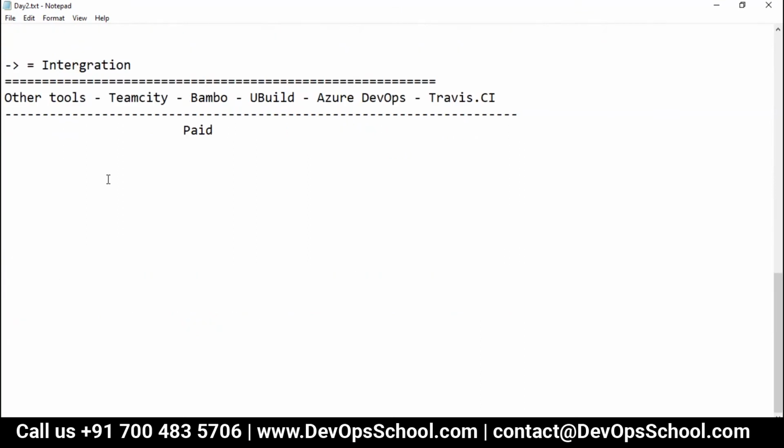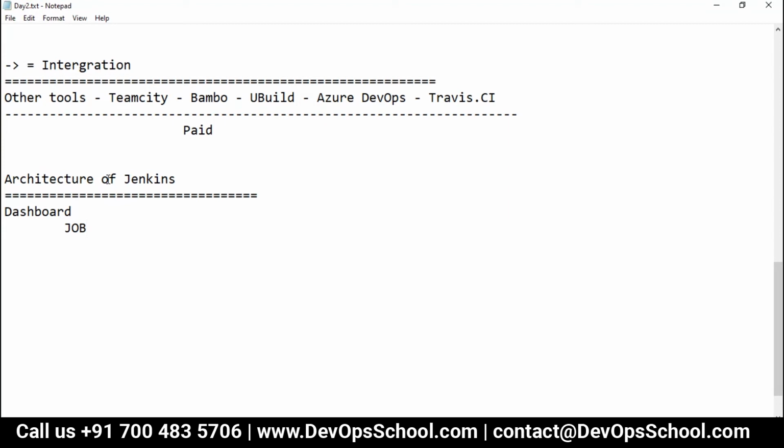Next question is the architecture of Jenkins. When you install Jenkins, it has a dashboard, and this dashboard can create jobs.